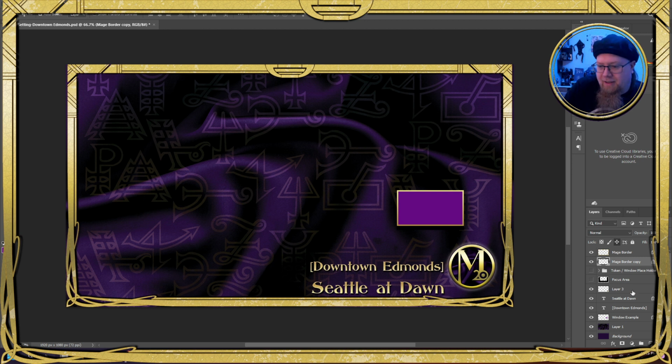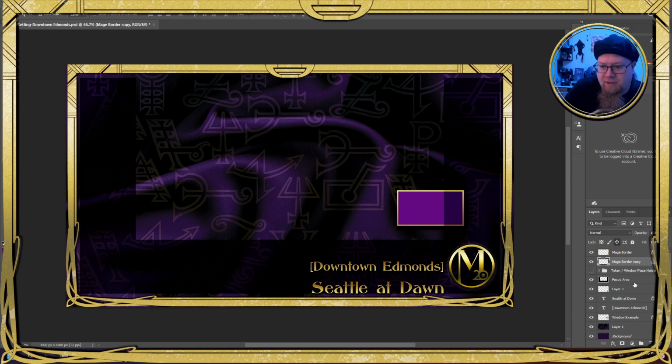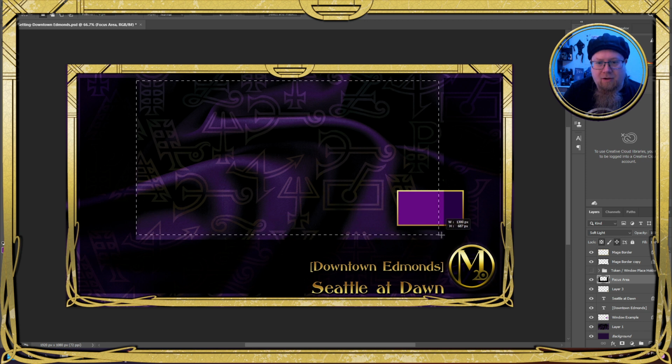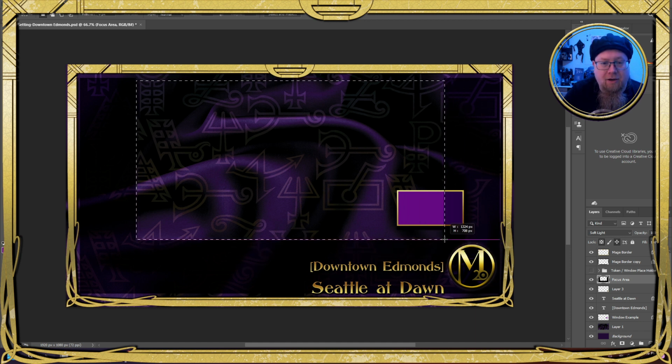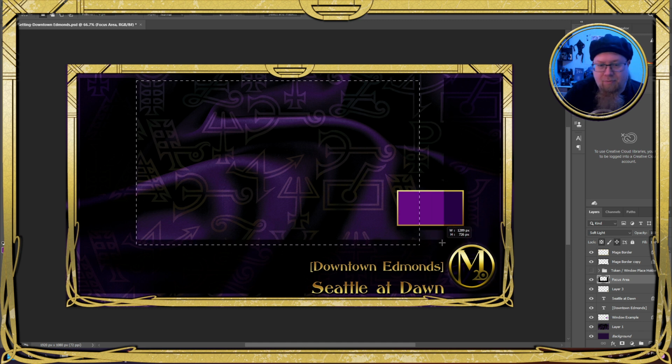And then the final thing that I've got on this is this focus area. This focus area is basically just a shortcut for me to know, if I have player windows that I've recessed to the edges, how far they come out to the edges. That also tells me that I've got this big area here that I can really work with that does not get interrupted by anybody. So this space here is kind of the focal area for the audience and the players in Roll20.